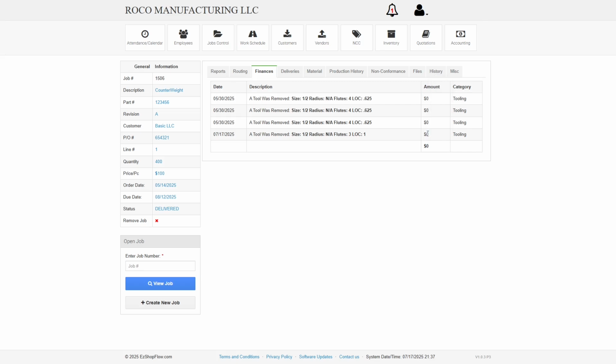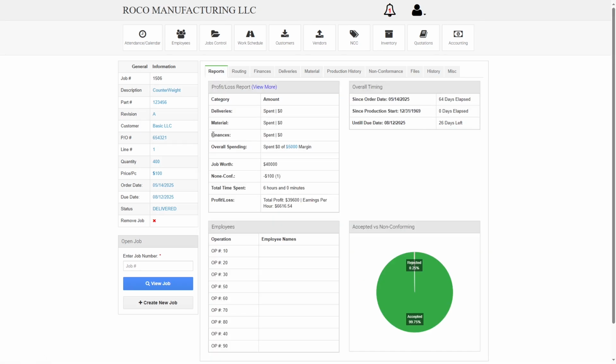So this will become modifiable pretty soon, where you can actually specify how much that tool cost, and the inventory will have its own price list. So for example, if you know that your tools cost $50, you can just specify it in the inventory tab and not have to change this every single time. And this will also come back and be reflected in your finances,